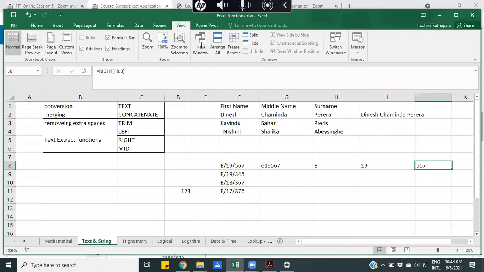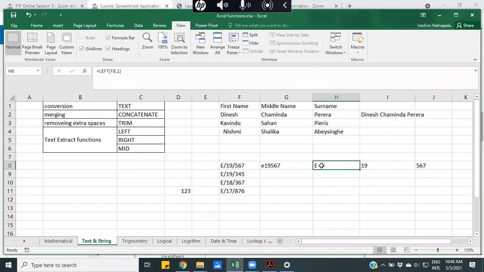E19567. Now what I need to do is concatenate these 3 parts to get the username from this registration number. But my E is capital, so I need to convert it to lowercase. There are text conversion functions as well.